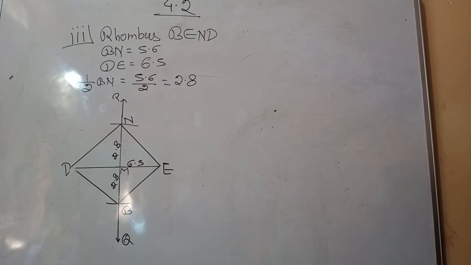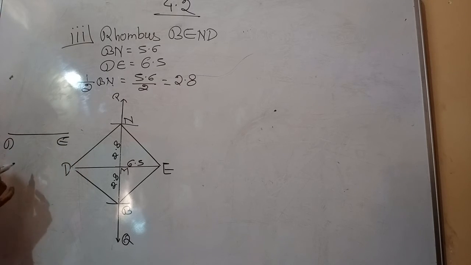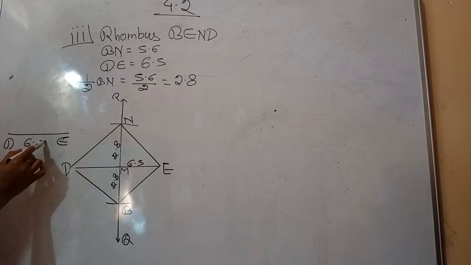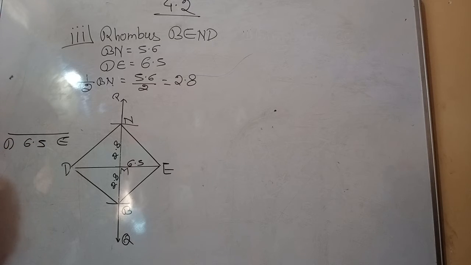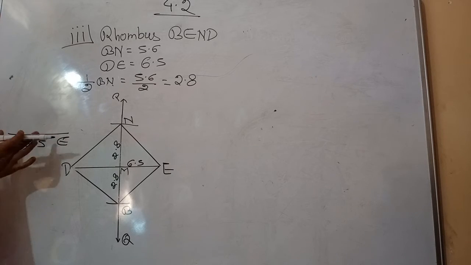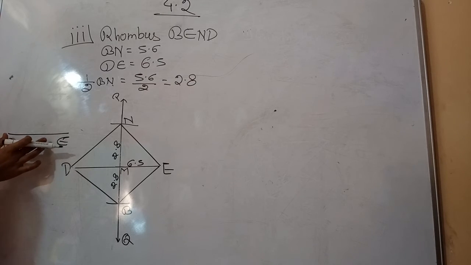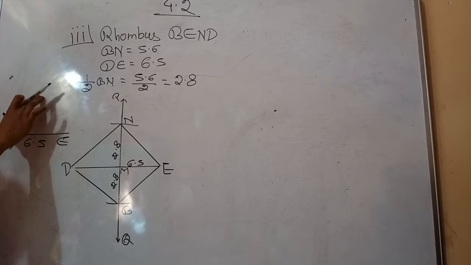Now see what we have to do. We have to divide the line into two equal halves. Suppose this is the line given, DE. This is D and this is E. DE is 6.5 centimeter. So you have to place your divider here on D and take radius more than half of DE. By opening your divider you will easily get to know what is more than half of DE. So put your divider here and cut one arc upside.